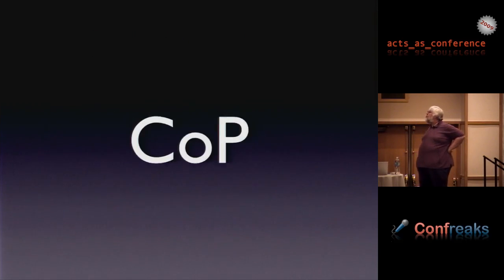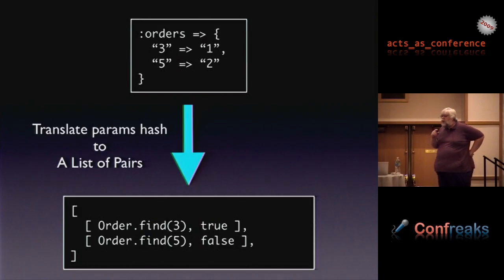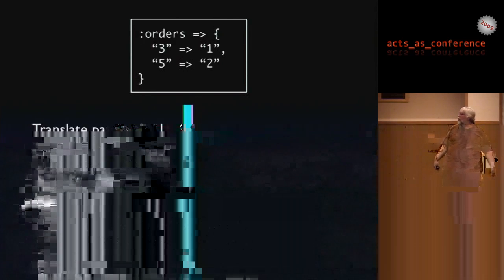Okay, so locality. Other kinds of kinesis. I was working with a piece of software just the past week, actually, where we took a list of params off of a web form. They came back as a hash. The hash was an ID pointing to a checkbox value, something like this. And I turned this into a list of pairs, where I would find, say, an order by the ID, and then the value would translate, in this case, let's say it's perhaps an expedite flag. We want to expedite this order, this other order doesn't need to be expedited.